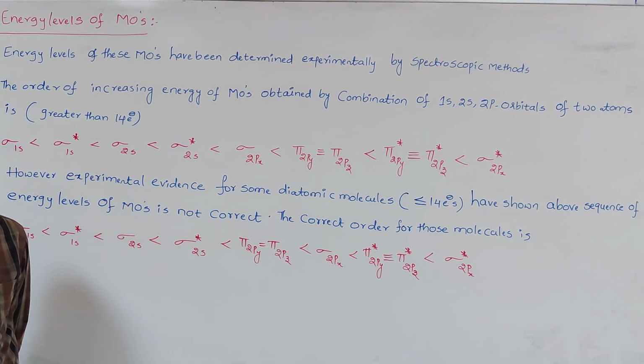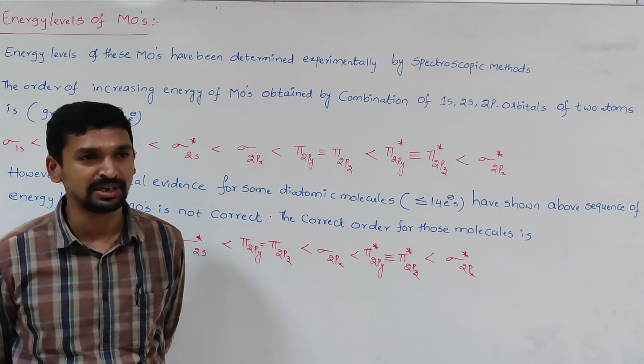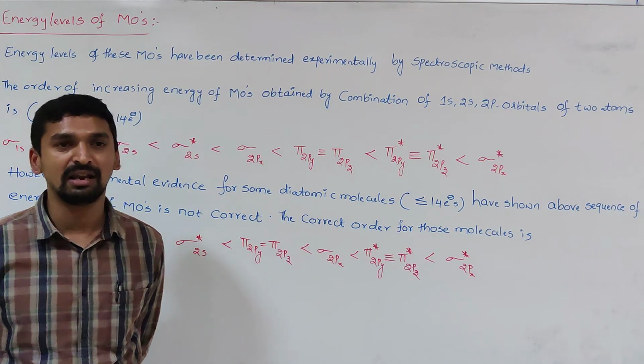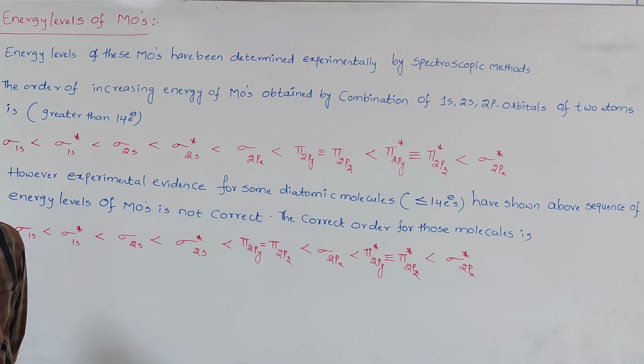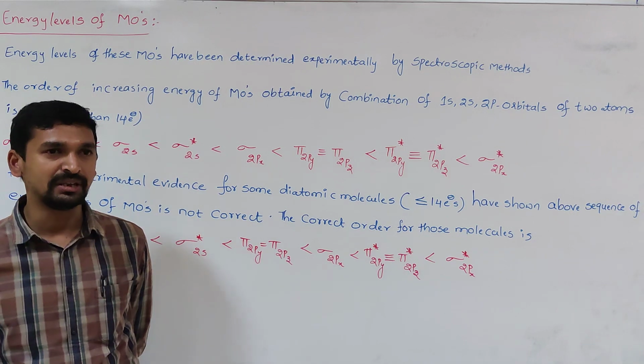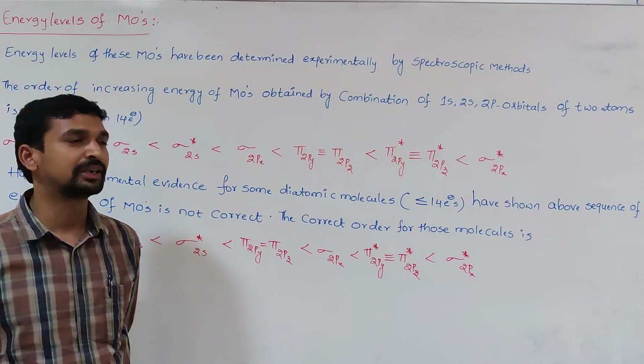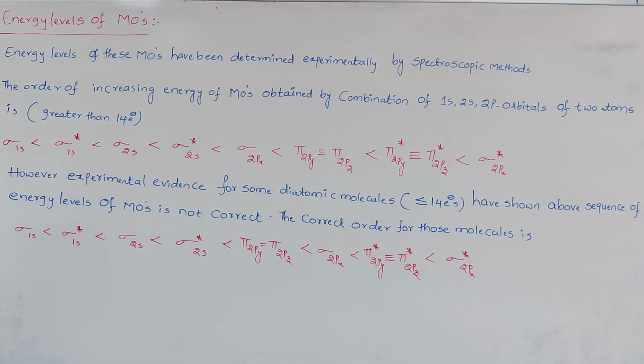When we look at their energy, do all the molecular orbitals have the same energy? No. But one conclusion we made very clear: the bonding molecular orbitals always have lower energy than the anti-bonding molecular orbital in their respective atomic orbital combinations. That means for sigma 1s and sigma star 1s, sigma 1s has the lower energy and sigma star 1s has the higher energy. When we compare these two with sigma 2s and sigma star 2s, what is the energy of that one? That can be determined by spectroscopic methods. So the order of all these bonding and anti-bonding molecular orbitals is given.